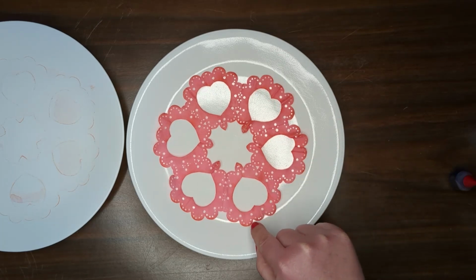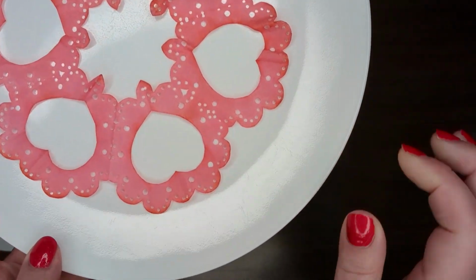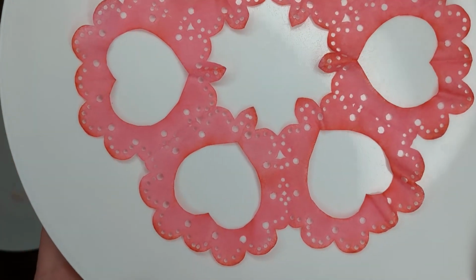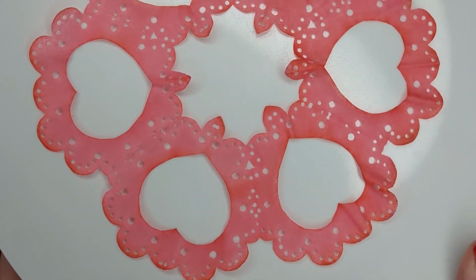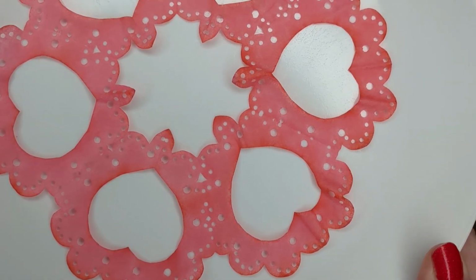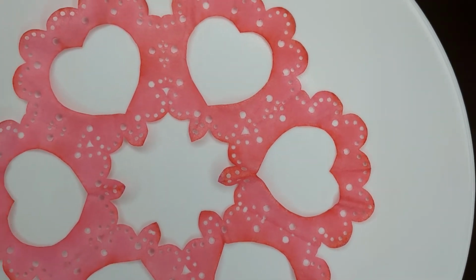I was hoping it would leave a little bit of darker around the punches that we did, but it didn't really, mostly just around the larger outside edges. It did around the hearts and the inside, but not so much around the punches. Anyway, I just wanted to let you see how it turned out,